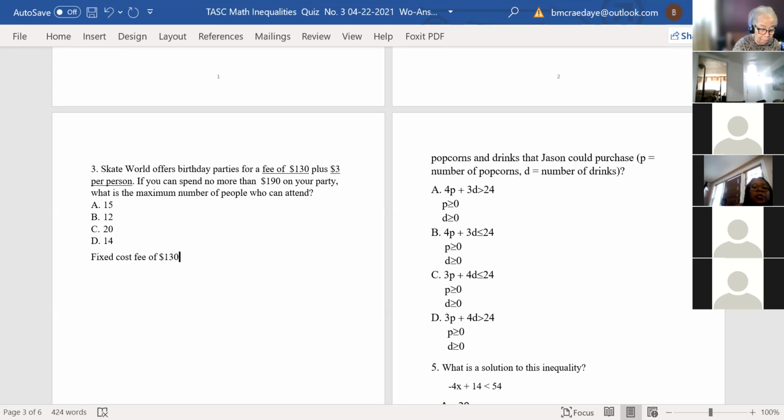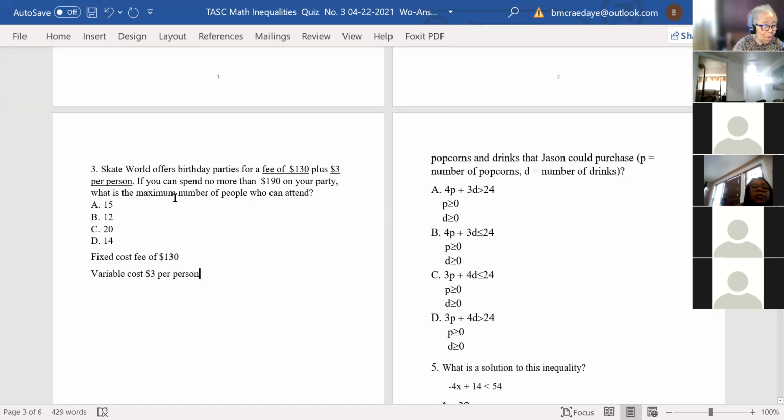And then you have a variable cost. Vanessa, what is that variable cost? That's 190. No, that's what you're going to spend. What's the variable cost? $3 per person. Right, the variable cost is $3 per person. Now your budget is $190. You can't spend any more than